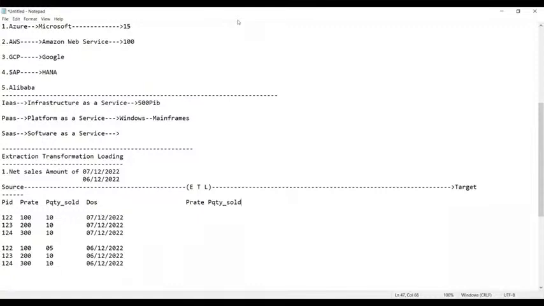Yes, we require DOS, the date of sale. Without the date of sale, how can you find out? So now, these are the three columns. That means out of all these four, all available data, you will